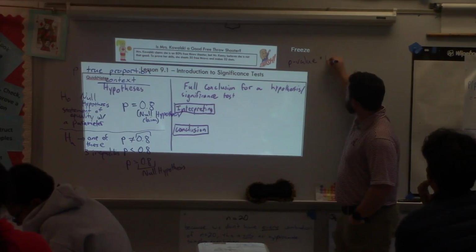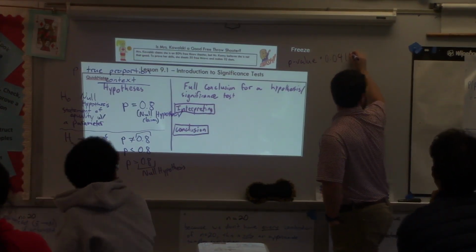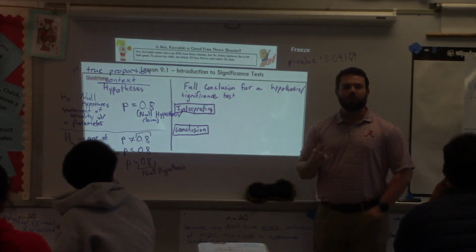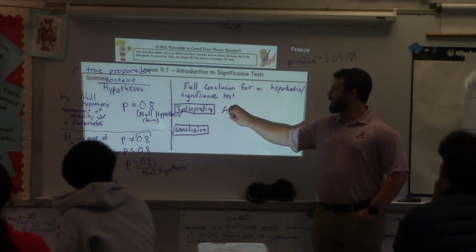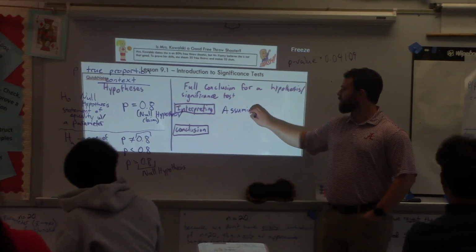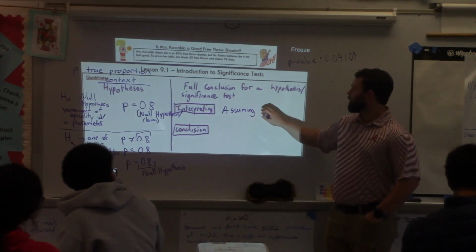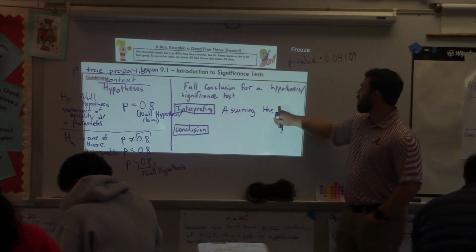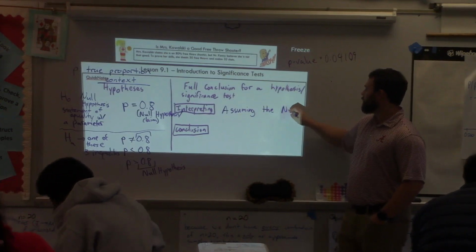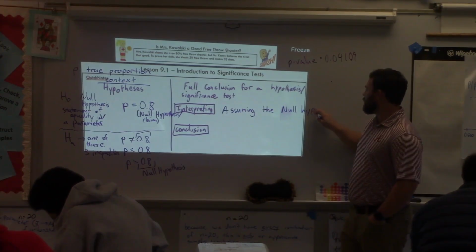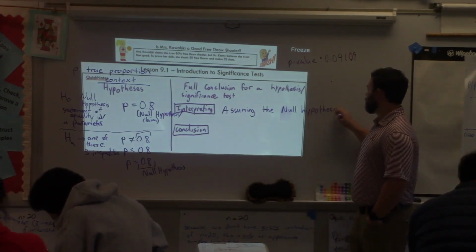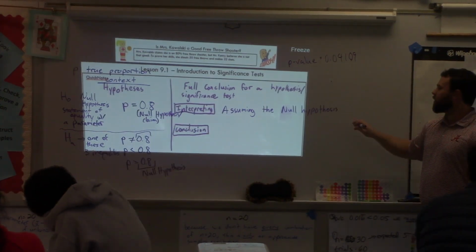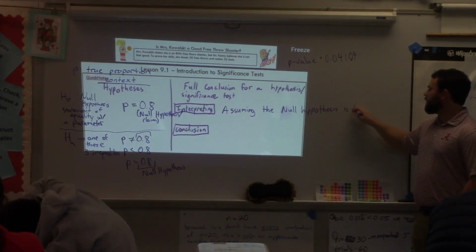What was the p-value we calculated? P equals 0.4109. Now, how did we calculate that? What did we do from the beginning? We assumed the parameter, or let's say the null hypothesis, was true. Remember, we always assume it's true. The original null was that they are equal. So assuming the null hypothesis is true,